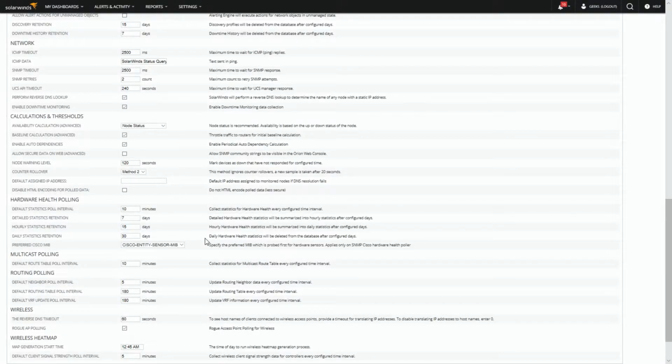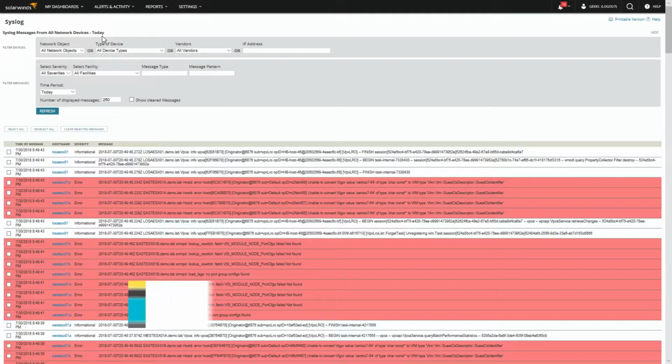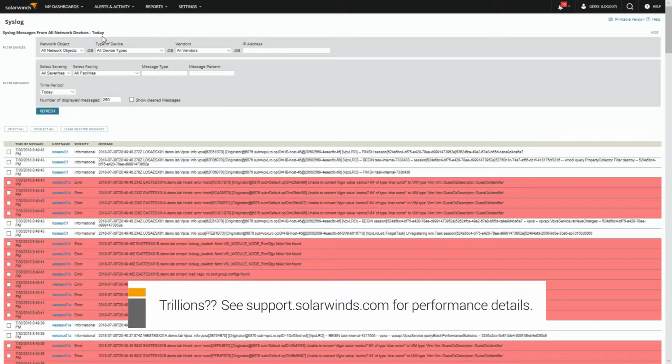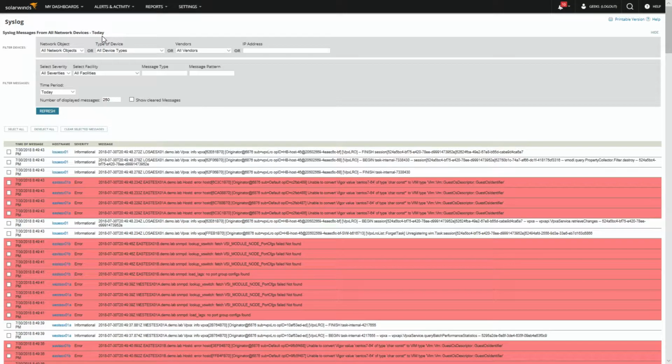Now, logging can affect things greatly. So what I wanted to talk about was actual syslogs. When you see syslogs come through, you can have trillions of hits with syslogs or traps. Syslogs are what I see affect people the most, because all of a sudden they gear up and turn all their syslogs on because they want security tracking. And the next thing you know, their database is huge, out of control, and they don't understand what's going on.